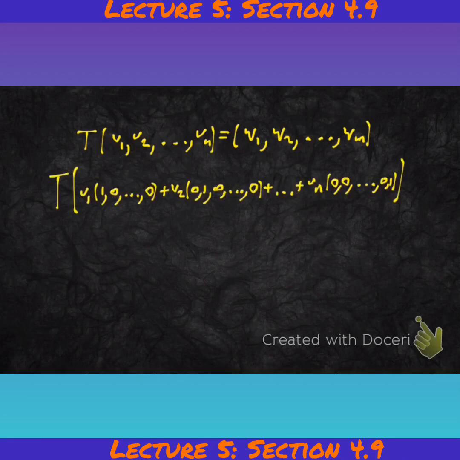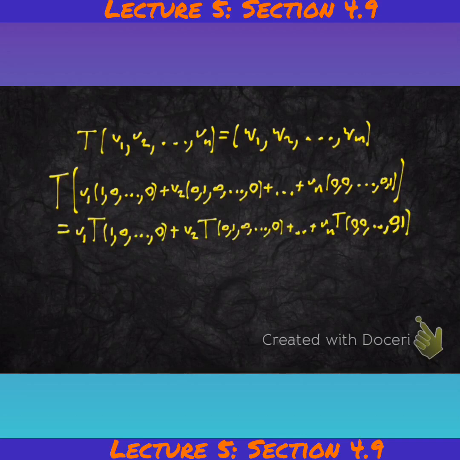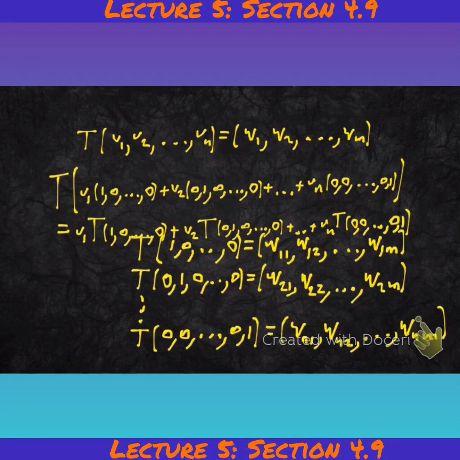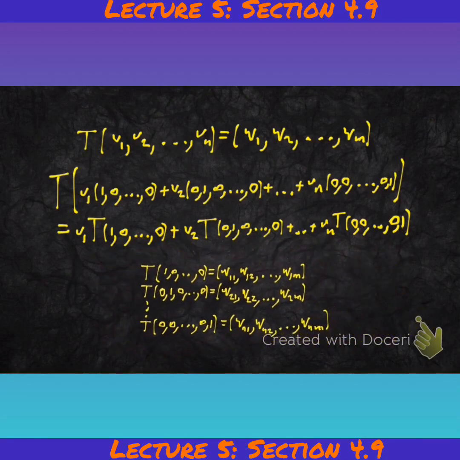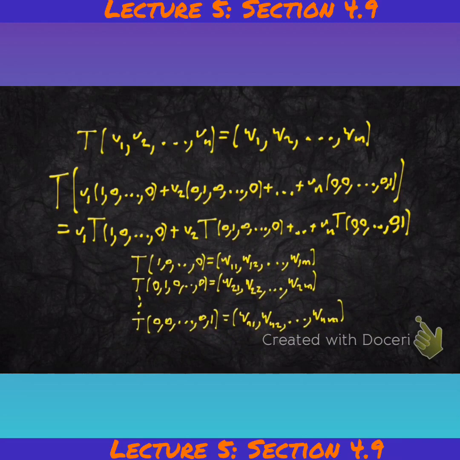So we can write the vector v1, v2 up until vn as a sum of scalar multiples of the standard unit vectors. Now T is a linear transformation, so it distributes over scalar multiples and sums of vectors. So we can replace T with the following. Again, T distributes over the sum, and each one of the T's applied to the respective unit vectors